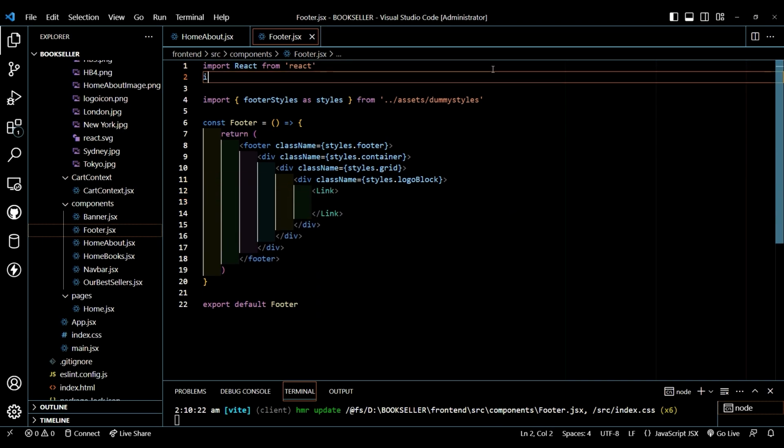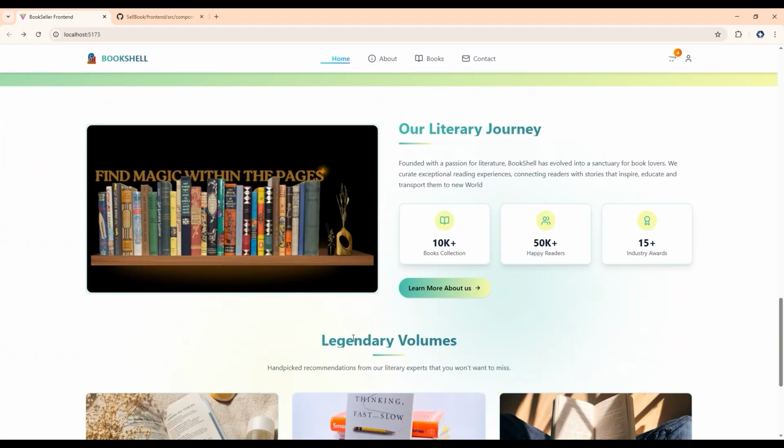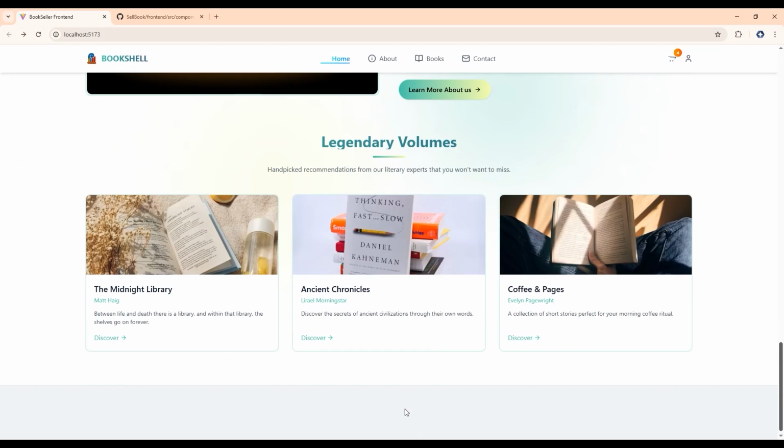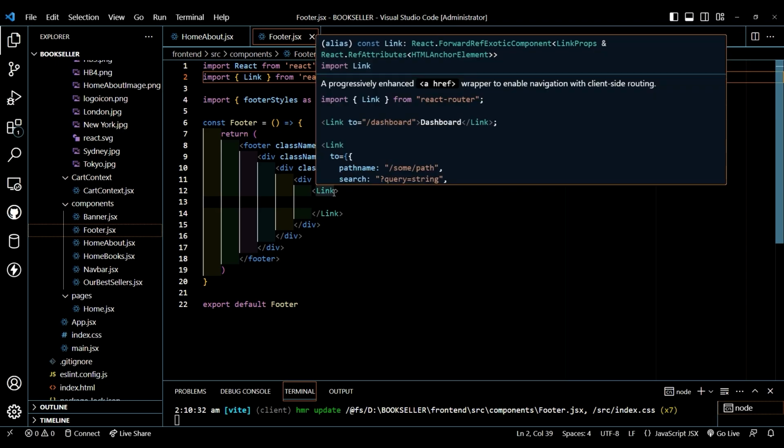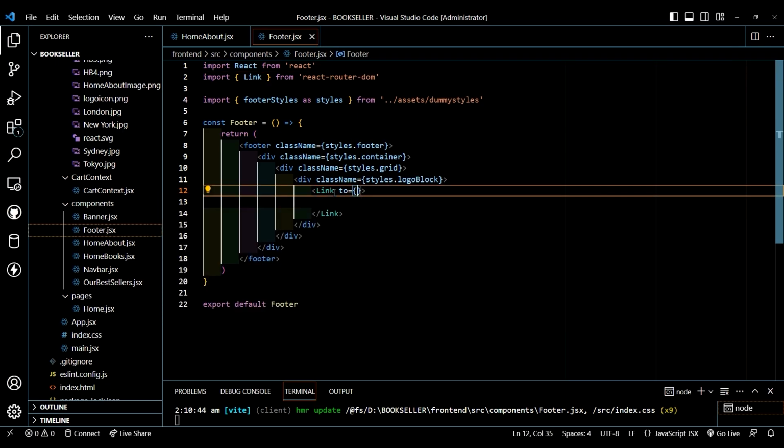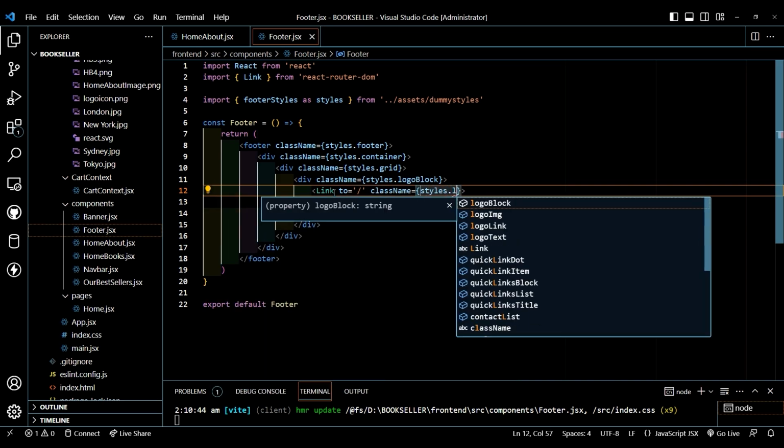Then in this, create a link tag. Let's import our link. So let's type here import Link from react-router-dom. So now after this, a footer section is present here. So now in this link, let's type here two property, and it will be slash, that is, it will take to home, give class name